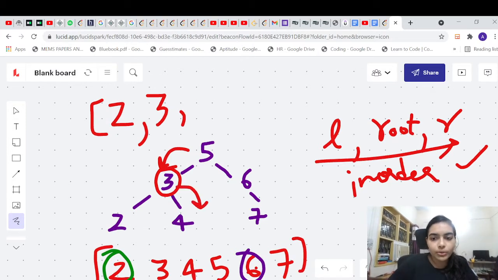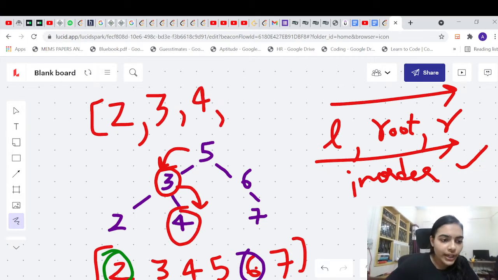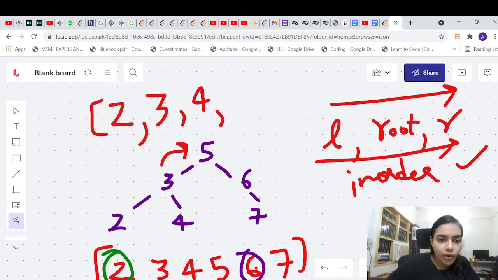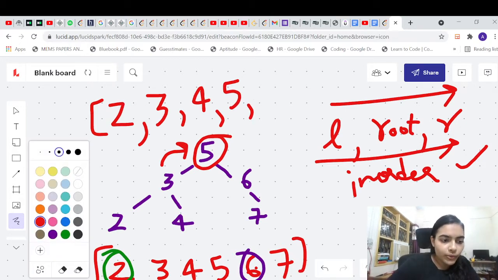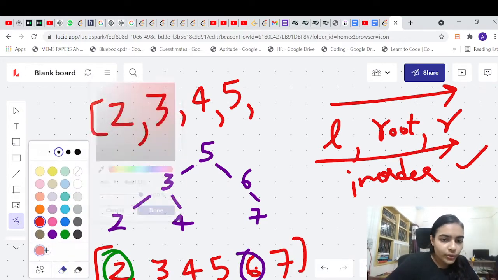Now we will go to the right. So we are going in this order: left, then root, then right. Now the right value, so we will write the right value. Now we will backtrack from here, and from here. Again, when we backtrack, this call will return here, and we will write the root value. Now after writing the root value, again we will go to the right side. After left we go to the root, after root we go to the right value.